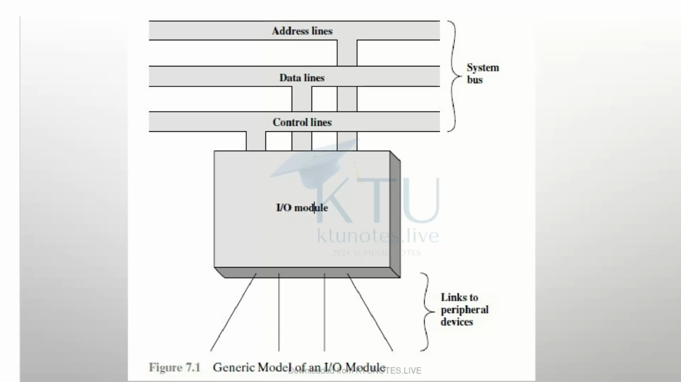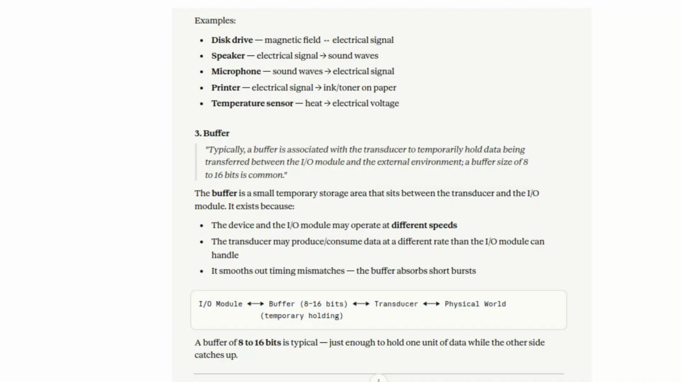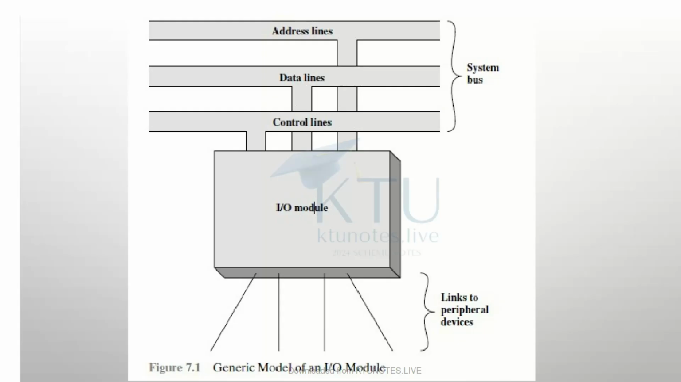Buffer is a temporary storage which is associated with what? Associated with the transducer, and that temporarily stores the data. The buffer size would be up to 8 or 16 bits only. And why are we using this buffer? Because there would be a speed difference between the device and the IO module. To smoothen out the speed difference between the device and the IO module, which are operating at different speed, we are using the buffer. Here if you see the generic model of IO module,